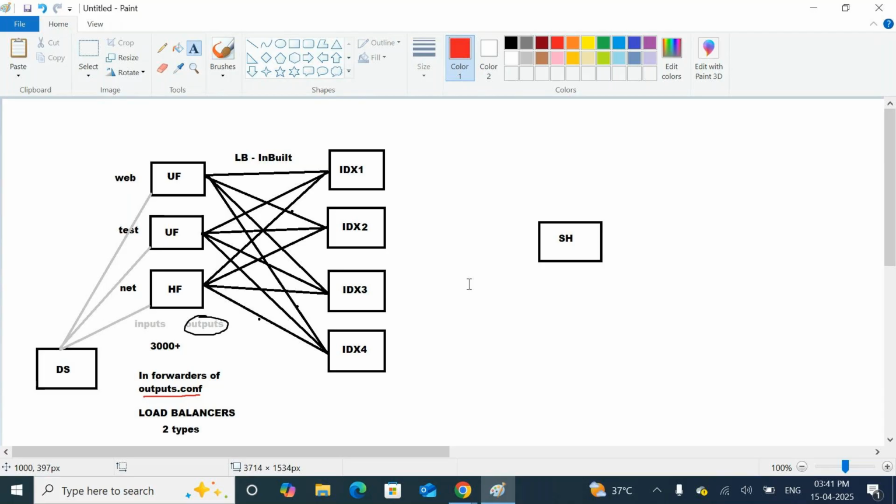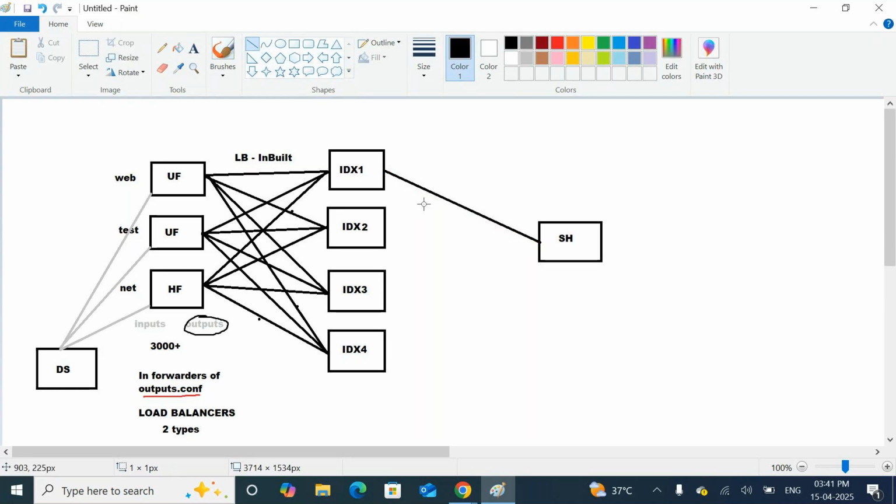Anywhere, don't forget it. If you have more than one indexer, at any point of time, in any concept, this concept is the same. If one indexer is available also, you can store your data. That is my point. Understand?